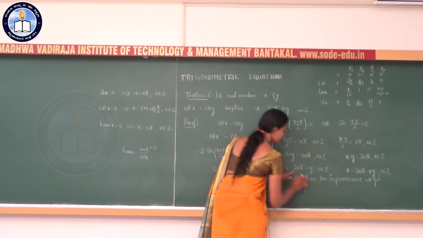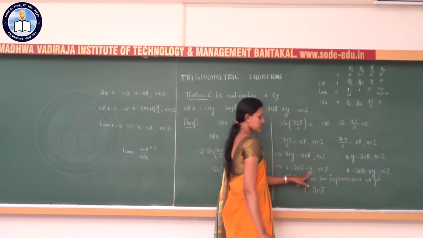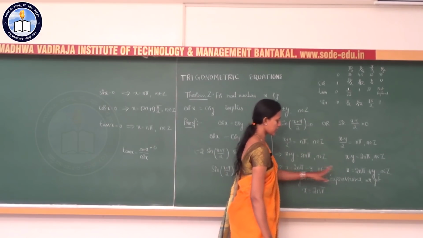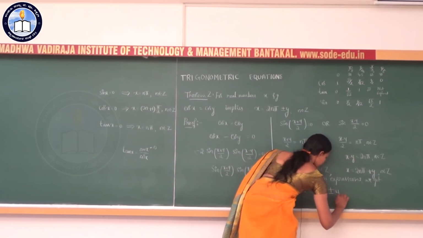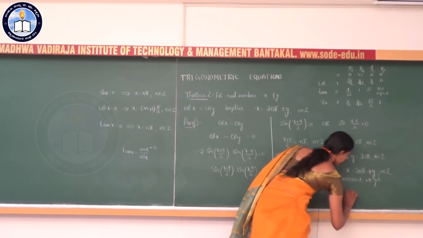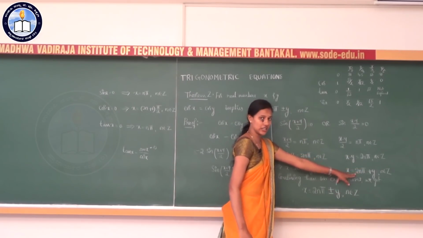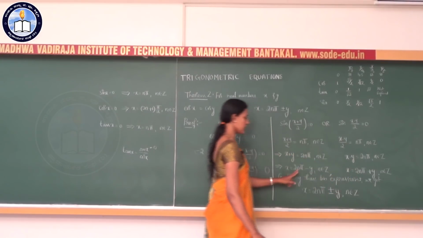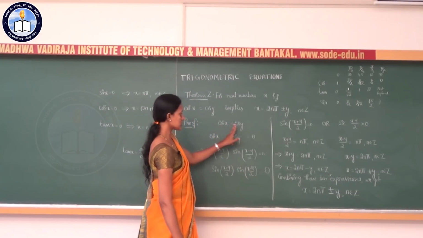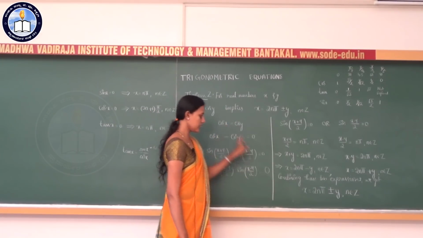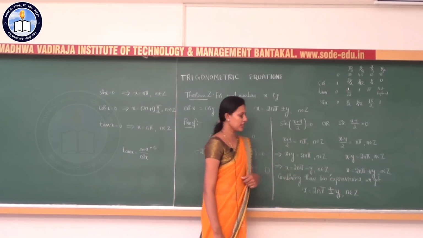X is equal to, first term is same in both the cases, 2n pi. Second term is minus y in the first case, plus y in the second case. So it may be plus or minus y. If it is plus y, it will represent the second expression. If it is minus y, it will represent the first equation. So, whenever cos x is equal to cos y, x is 2n pi plus or minus y, where n is